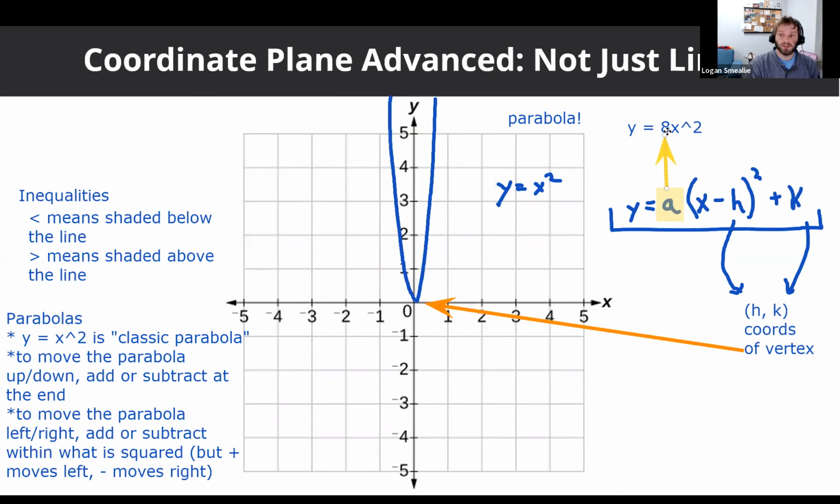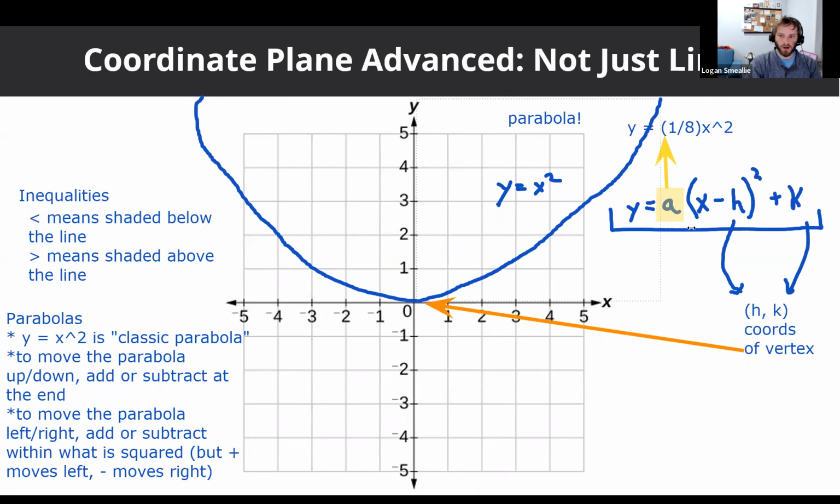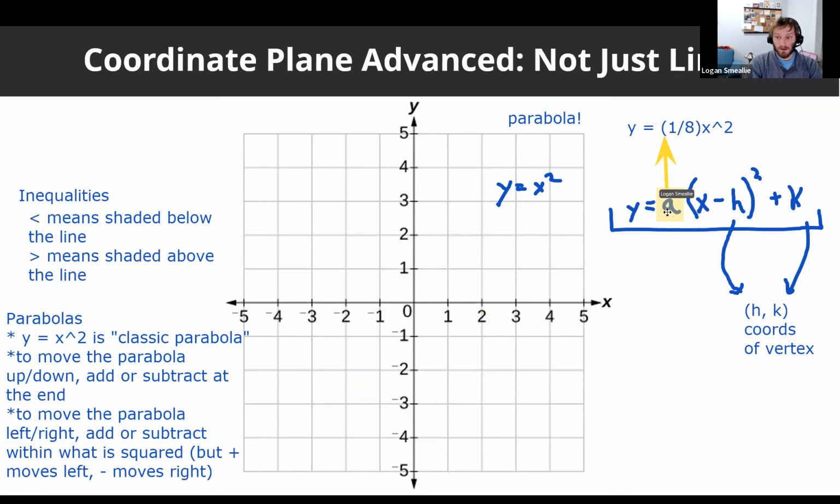And imagine it was the opposite. Imagine it was like 1/8 x squared. Well, that's going to mean everything we pop out is getting multiplied by 1/8 after that. So it's going to make it get larger at a much slower rate. It's going to become a very wide parabola like that. So that's the main thing I would remember about A, y'all. I have hardly ever seen this on the GRE, but if it does come up, just know a coefficient, if it's a big number, is going to make the parabola thinner and get tall faster, and a fraction is going to make it wider.